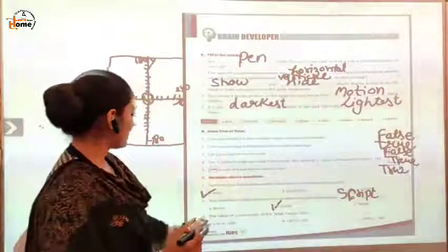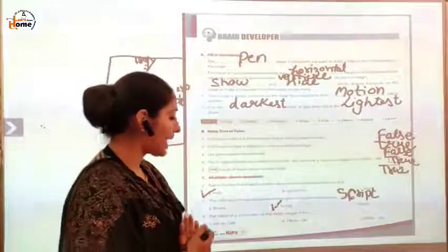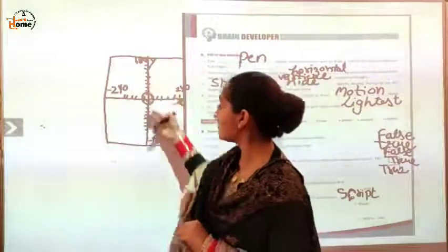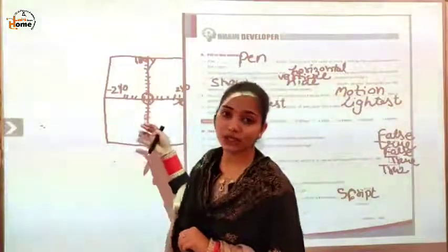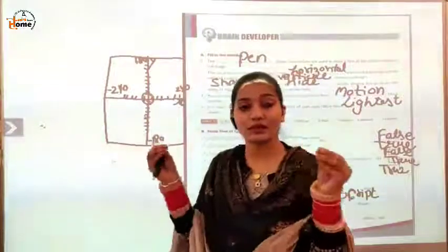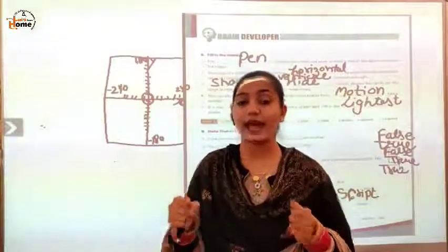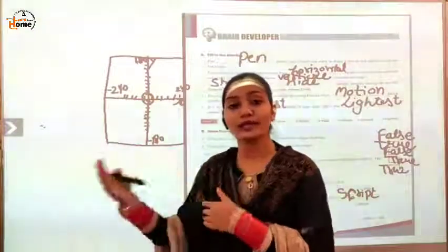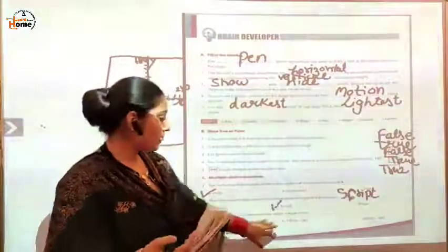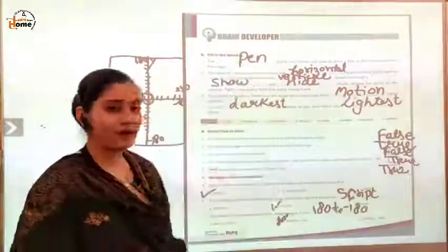Next, third: the value of the y coordinate of the stage ranges from dash. The value of the y coordinate ranges from 180 to minus 180. Just keep this in your mind. Y coordinate is 180 to minus 180 and x coordinate is 240 to minus 240. Option B is correct. Have you completed?